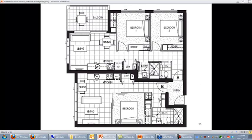So the outline of that plan that you can now see on your screen, that is one piece of real estate. That's one title of one property. It's a 3-bedroom, 2-bathroom apartment. It's just a really clever configuration because it's got a wall down the middle of it. And if you look closely at the bottom right-hand side of the screen, it's got an area called lobby with door A and door B. So what happens is